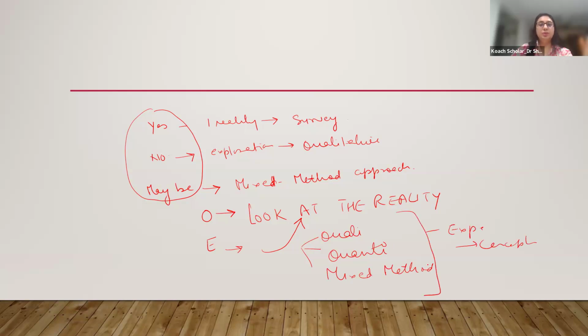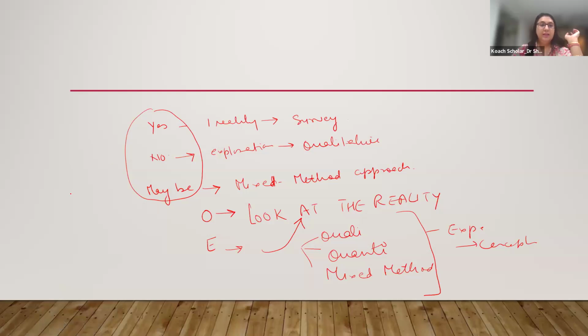These are the three main approaches, right? So how do you want to achieve that reality? Whatever you believe, I hope I'm making myself clear. Whatever you believe, now you have to prove your point. And how will you prove that point? You can prove that point either through a qualitative research, or through a quantitative research, or through a mixed method